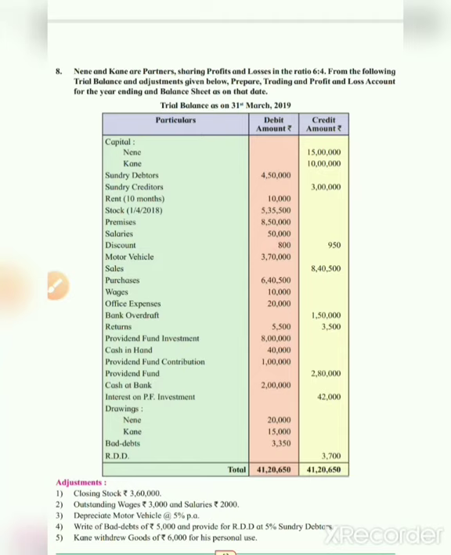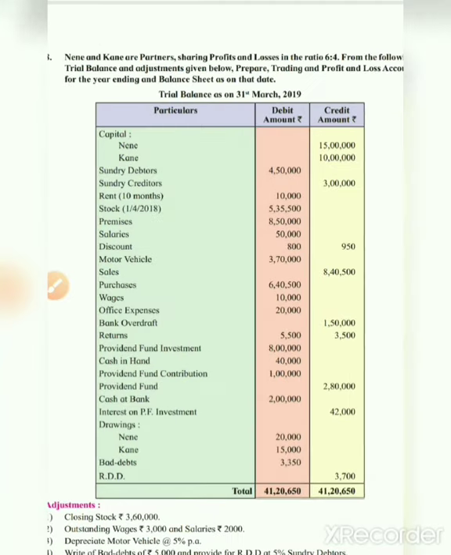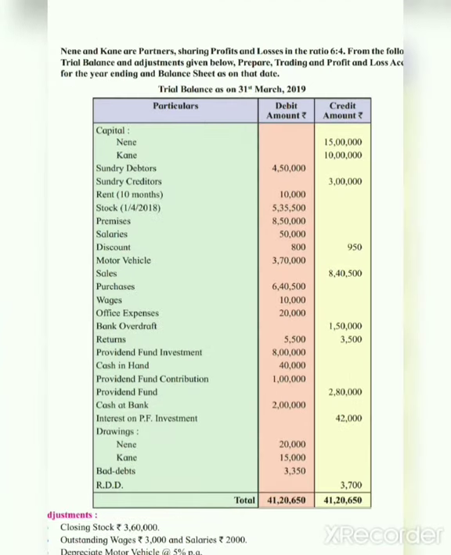Then one more adjustment is remaining, that is our hidden adjustment given to us in trial balance, adjustment of rent. See, rent of 10 months, that is amount is given to us 10,000. We are preparing the final accounts for 12 months. 10 months rent is paid. Again 2 months rent is outstanding. So calculate the amount. If for 10 months rent is 10,000, for 2 months how much it will be?